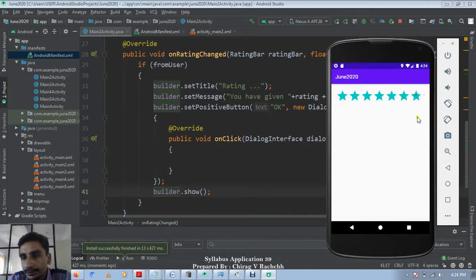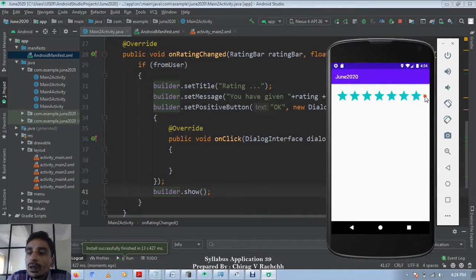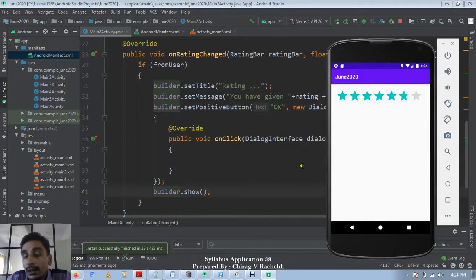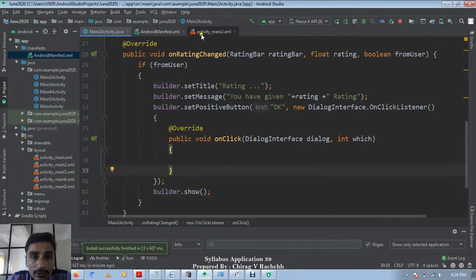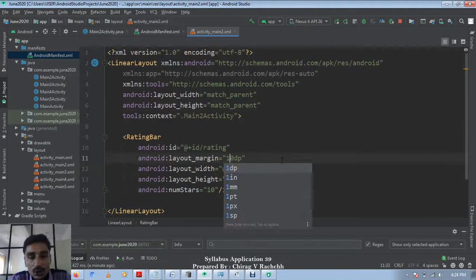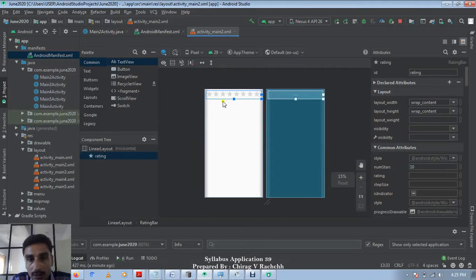Here the 10 rating bars are not fitting on screen, so the margin should be less, and width and height. 1 2 3 4 5 6 7 8 9 10.